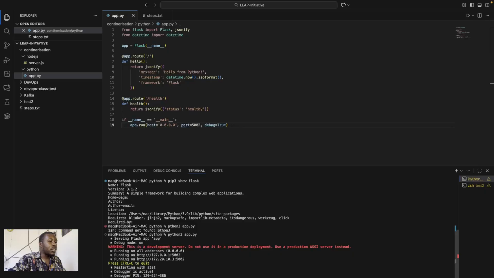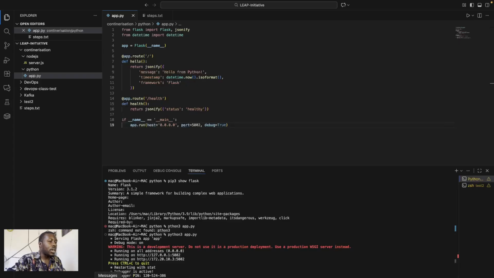Okay, so we have the application running. Do not mind this red line. It's just a warning. This is a development server, do not use it for production deployment. So we can access it in our browser and see.